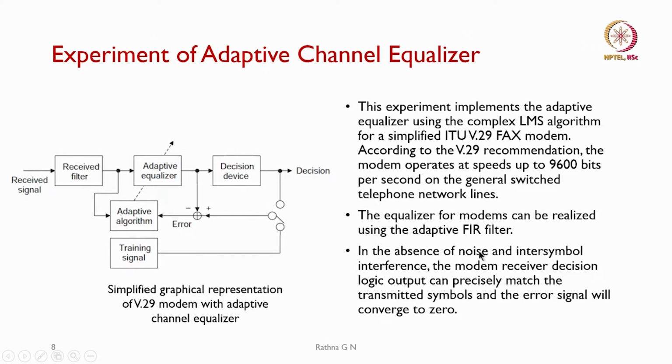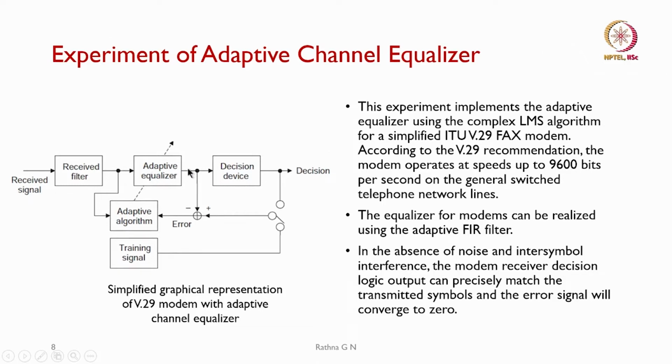In the absence of noise and inter-symbol interference, the modem receiver decision logic output can precisely match the transmitted symbols, and the error signal will converge to 0. This is the ideal case being considered, where the error can reach 0. What is the graphical representation? As shown, we have the received signal and the received filter constructed here. Its output goes to our adaptive algorithm, and the same thing goes to the adaptive equalizer